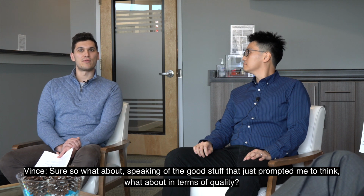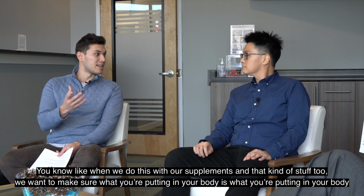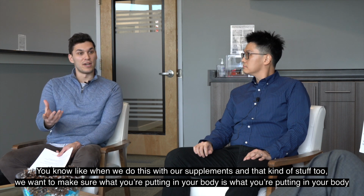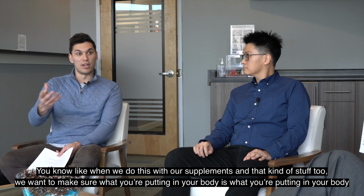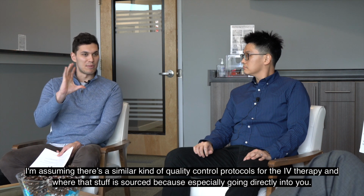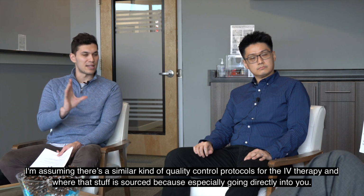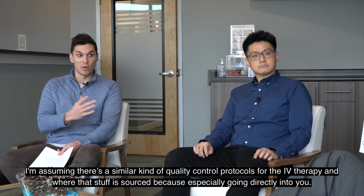So speaking of the good stuff, what about in terms of quality? When we do this with our supplements, you want to make sure what you're putting in your body is what's on the label, and that there's no extra stuff in there. So I'm assuming there are similar quality control protocols for the IV therapy and where that stuff is sourced, especially if it's going directly into...